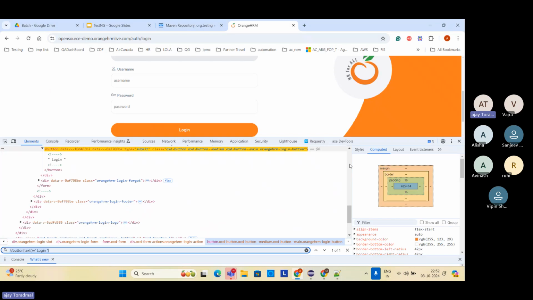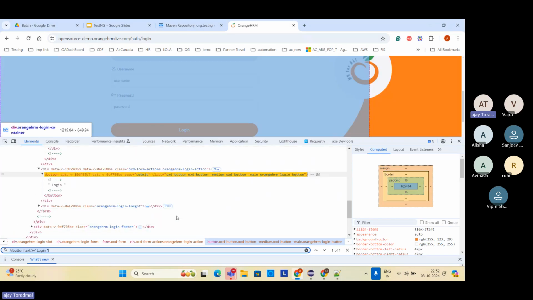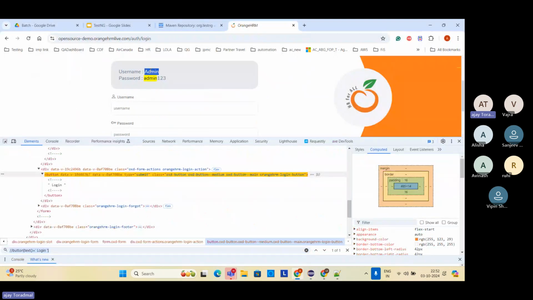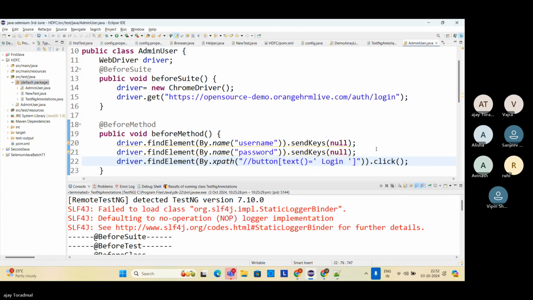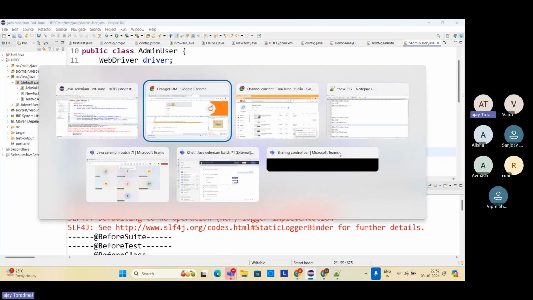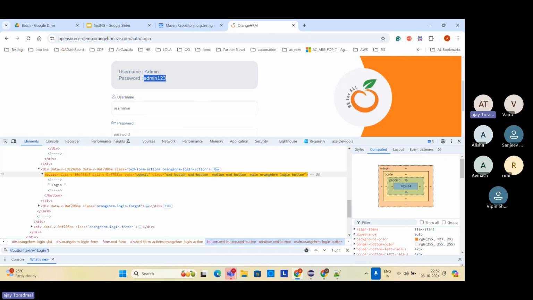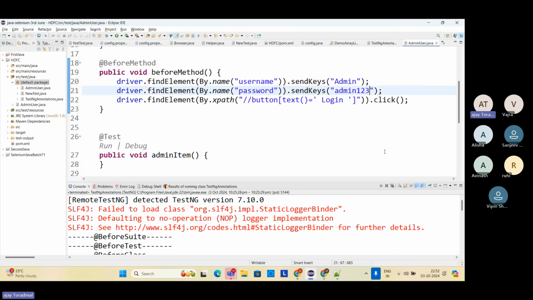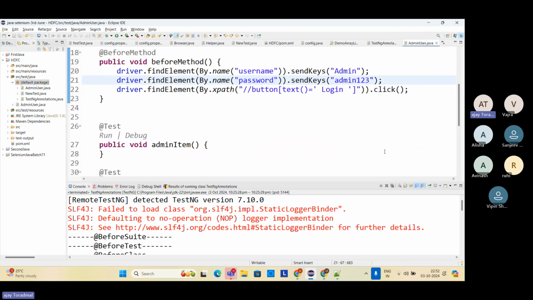One more thing that I have to do is send keys. What is the username? Username is admin, so I'm going to say dot send keys, this one. And what is the password? The password is this one. So I'm going to say this is the password. All right. Okay, so once it is logged in,